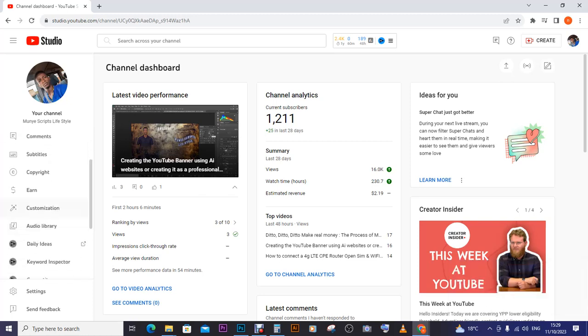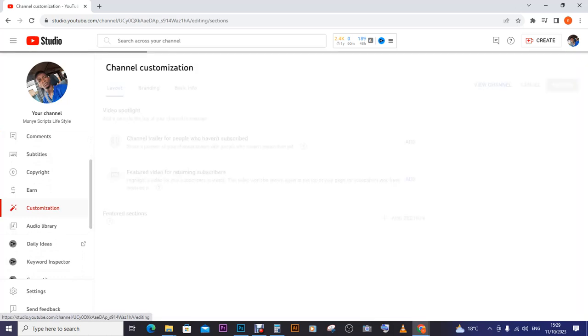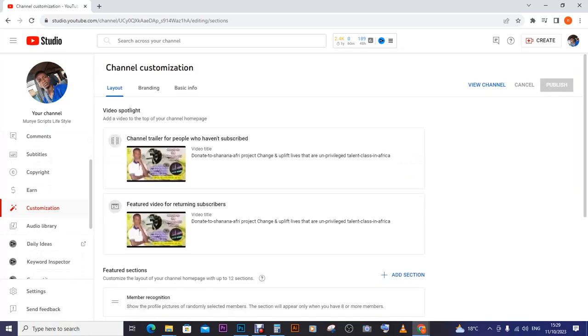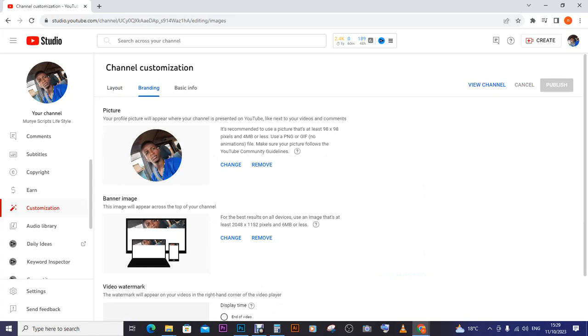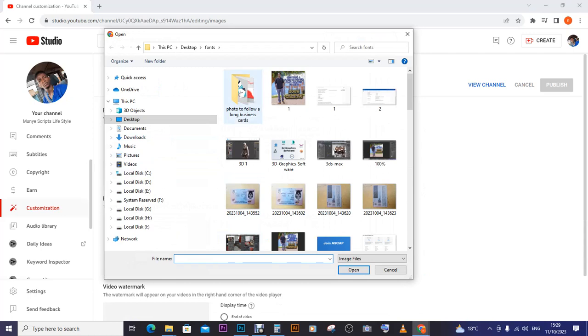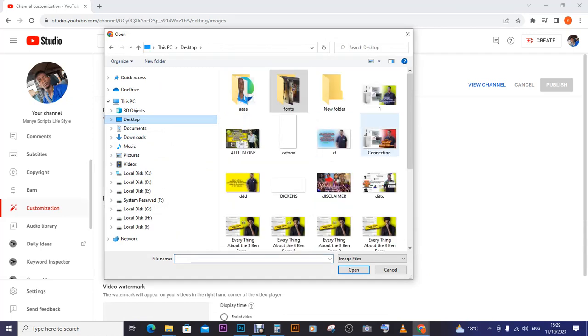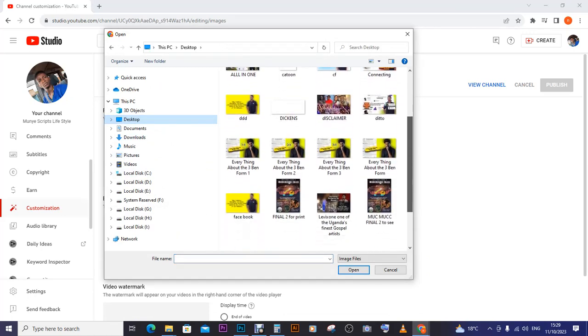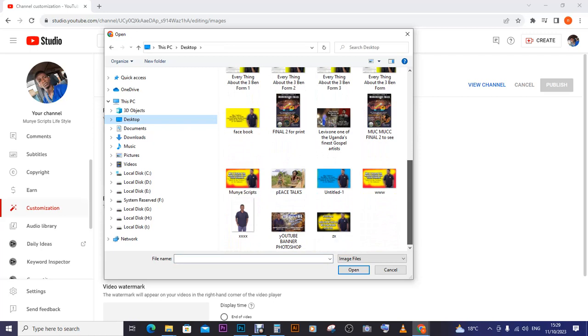Slope and scroll this down, we come to customization. Then from customization, we come to branding. Then from there, that is where we click on change. Then we go to our desktop where we saved our design